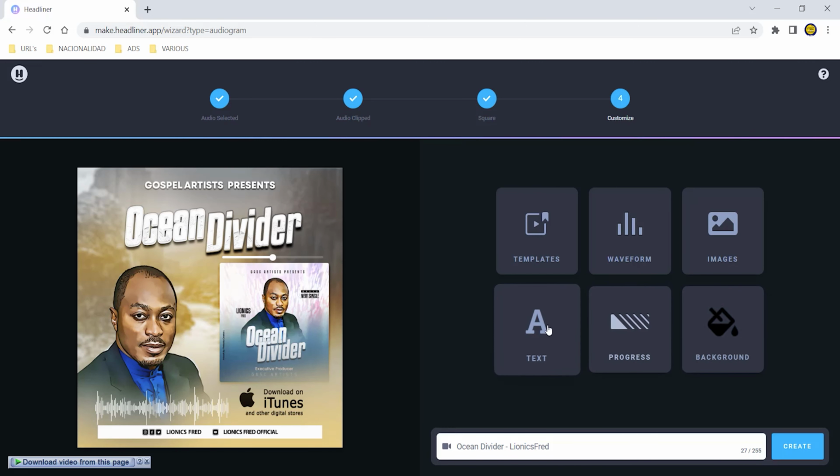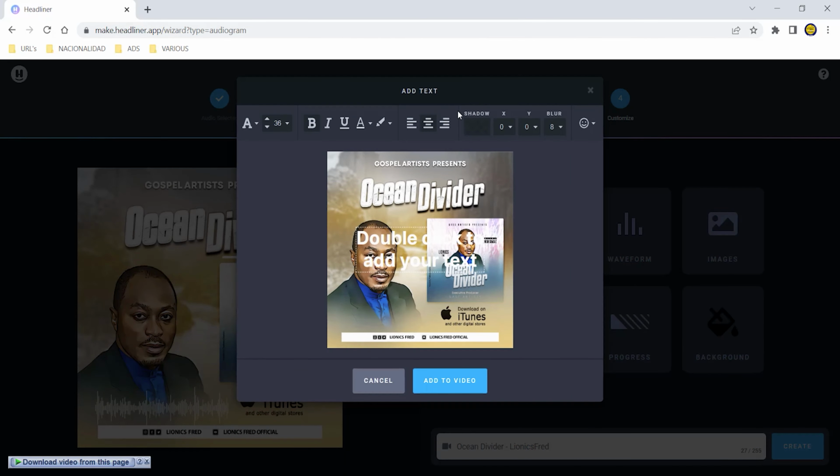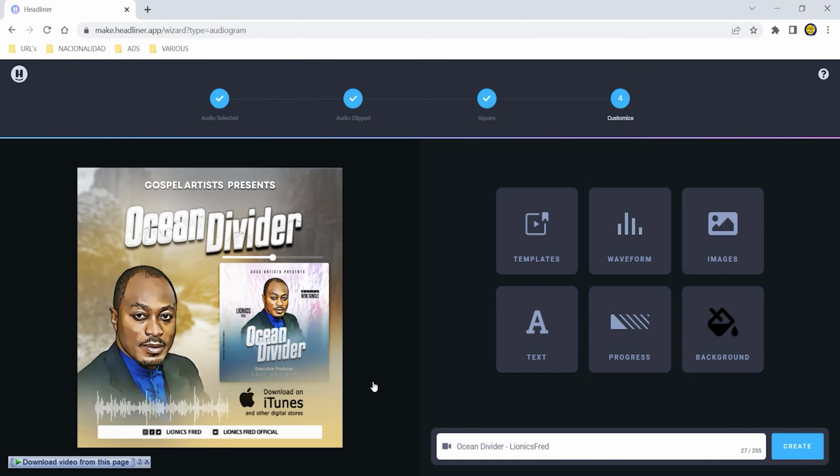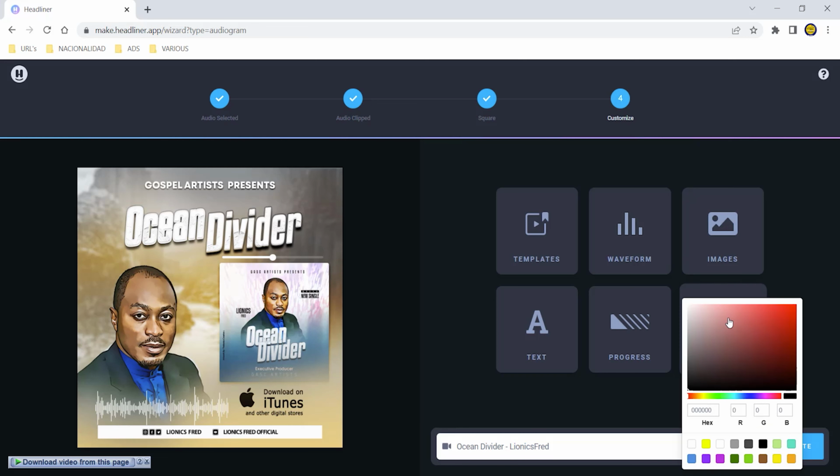So another thing that you can add is you can add text. If you want to add text, you can add text to your artwork. So if you've ever used Microsoft Office, all these features here, we have it in Microsoft Office. I am going to cancel it because I don't want to add any text in here. So another thing that you can add here is the background. So you click on the background, then we can select a